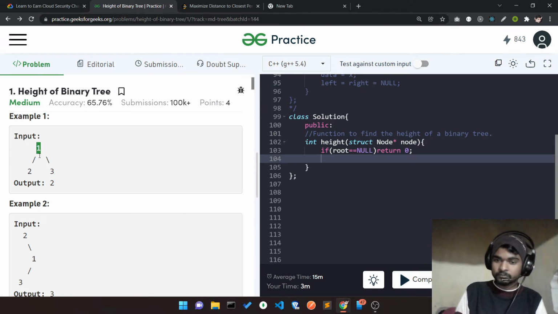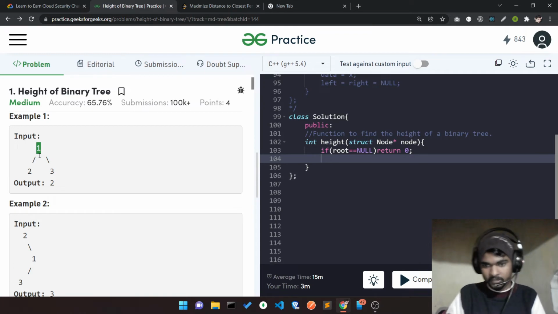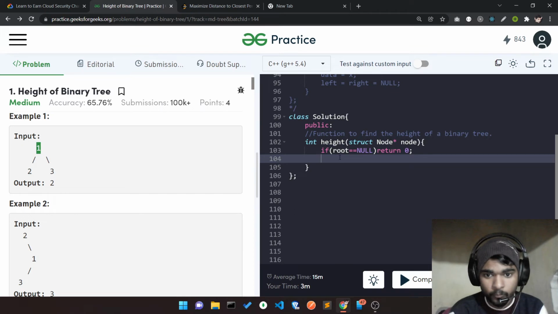Hey recursion, find out the height of this right subtree. After that, I do one simple manipulation: to the maximum of the right subtree and left subtree heights, I add 1, and that is our answer.